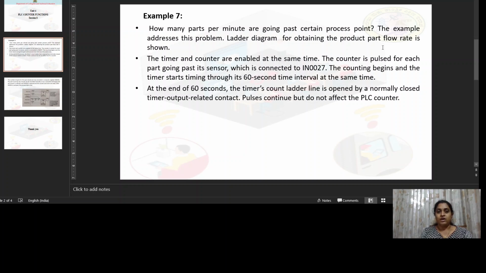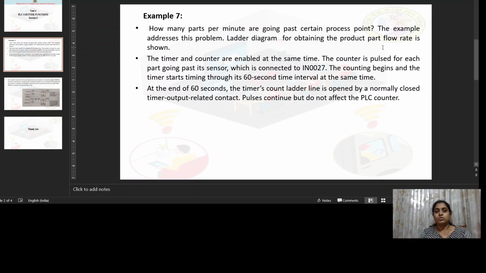So I need a timer which runs for 1 minute, and then it produces an output indicating that 1 minute is completed. Then we need to count the parts, because it is determining how many parts pass through in 1 minute.